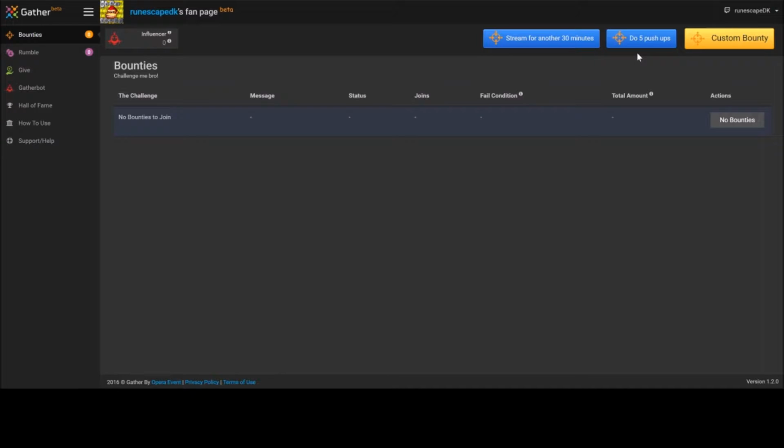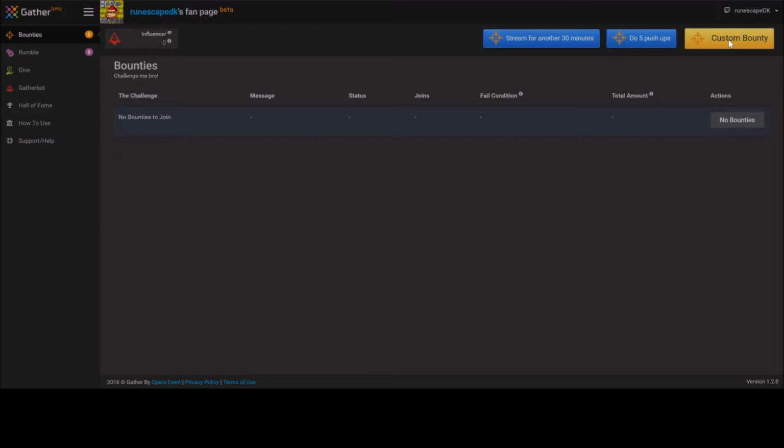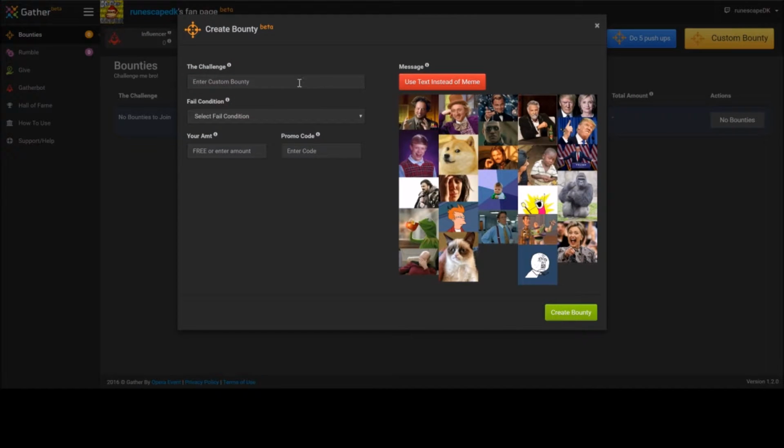If they want to make something more unique, they can click the Custom Bounty button. When they click Custom Bounty, the Create Bounty dialog appears. Here, they can enter a custom bounty. I'm going to put Talk Like a Robot for 5 minutes. And then the fail condition is what I would have to do if I fail the challenge. So if I don't talk like a robot for 5 minutes, let's say that I have to